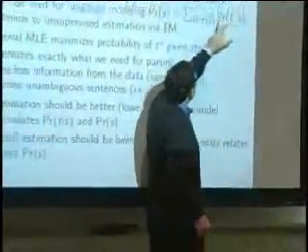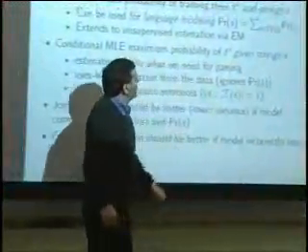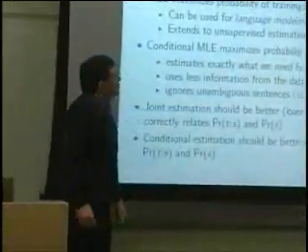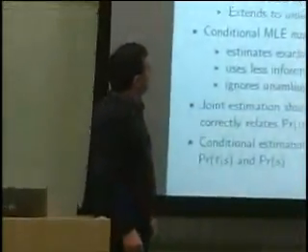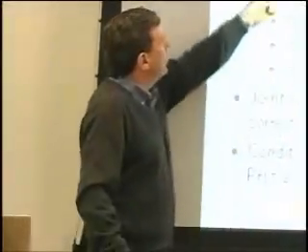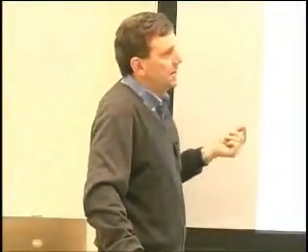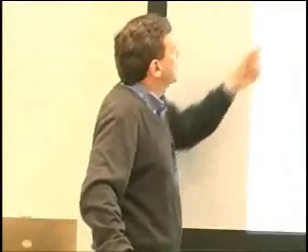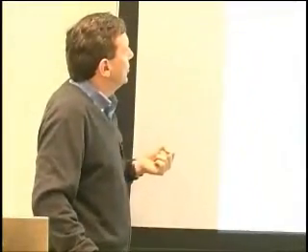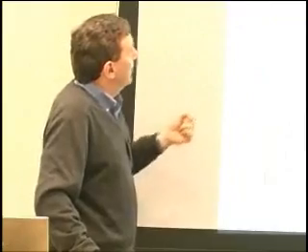The way you do that is, given a string S, you compute the probability for all of the trees that correspond to S, and then sum those probabilities, and that gives you a probability for the string S. Because we can compute the probability of a string, we can, at least in principle, extend such a framework to unsupervised estimation where you're given the strings alone. That's essentially what an EM procedure would do for you.